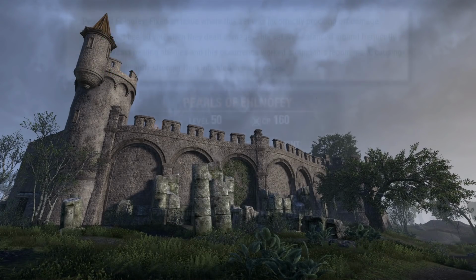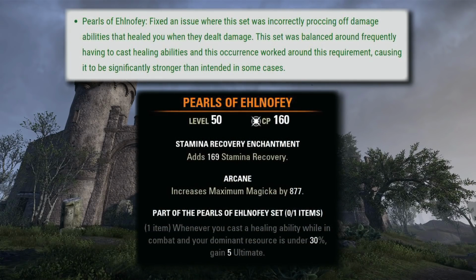For the mythic items, we just have one change here. It's with Pearls of Elnaphi. Fixed an issue where this set was incorrectly proccing off damage abilities that healed you when they dealt damage. This set was balanced around frequently having to cast healing abilities, and this occurrence worked around that requirement, causing it to be significantly stronger than intended in some cases. So now pretty much the skill you use has to be first and foremost a heal ability,